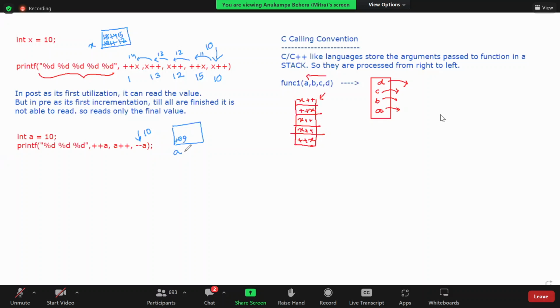9। अभी प्रिंट नहीं आएगा, राइट? ए प्लस प्लस, तो जब इधर जा रहा है तो कैरी वैल्यू, रिसेंट वैल्यू क्या लेके जा रहा है? 9 लेके जा रहा है। ए प्लस प्लस ये क्या रीड करेगा? 9। फिर वैल्यू को क्या बनाएगा? 10। फिर इस तरफ जो जा रहा है ये कितना जा रहा है? 10 जा रहा है। प्लस प्लस से विल मेक इट हाउ मच? 11। समझे? नाउ ऑल loads will be executed, so one load is here, one load is here, so it should be 11 9 11।